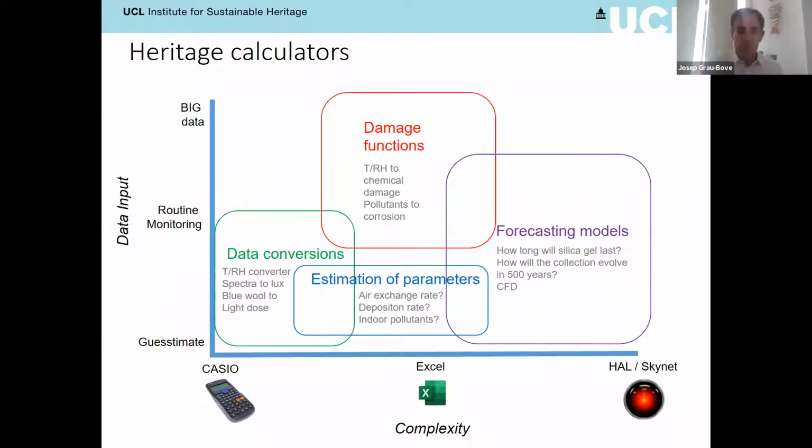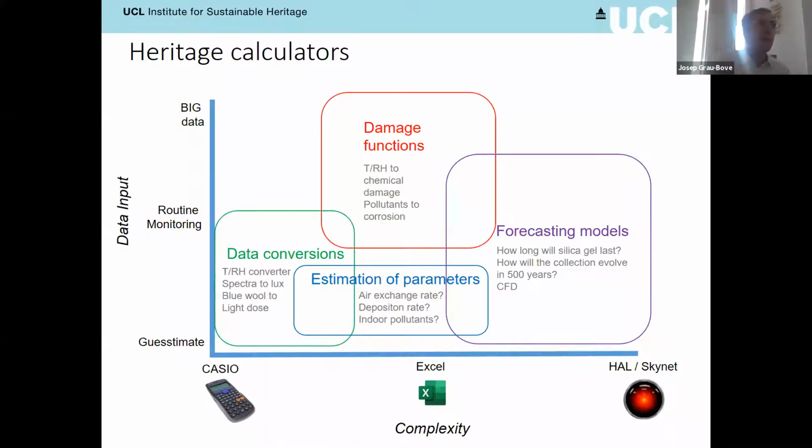So these models are computationally also more sophisticated and they are used to predict future scenarios. So for example, you could use a computational fluid dynamics model to predict how the air motion is going to change if you change the ventilation system, or you get a new pump, or you improve the quality of the